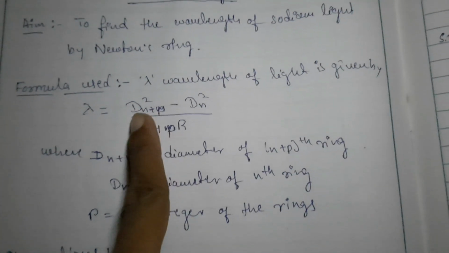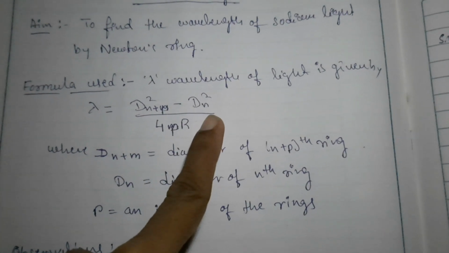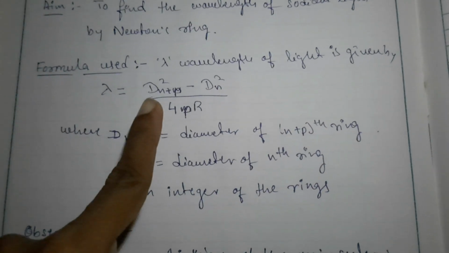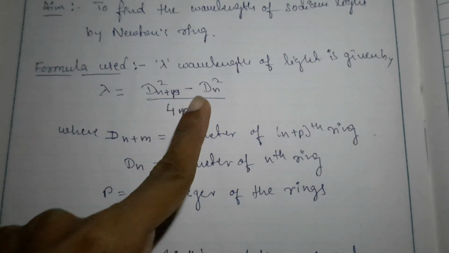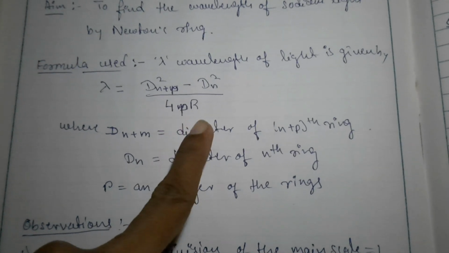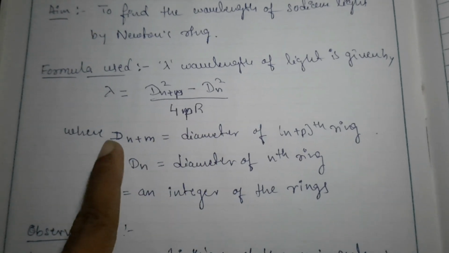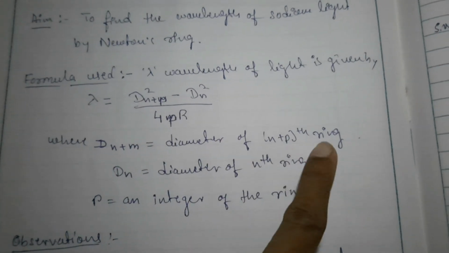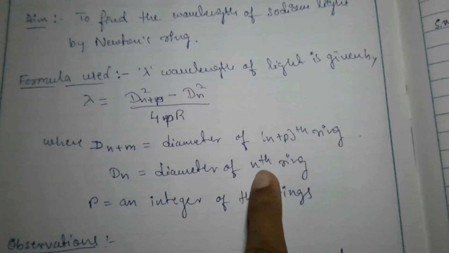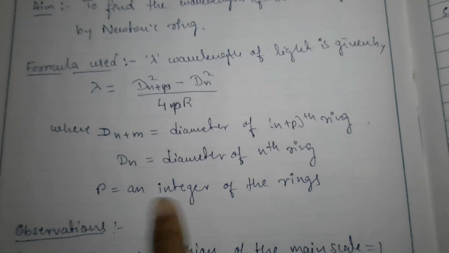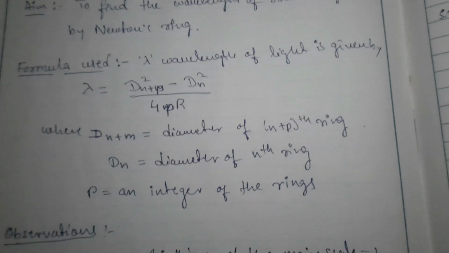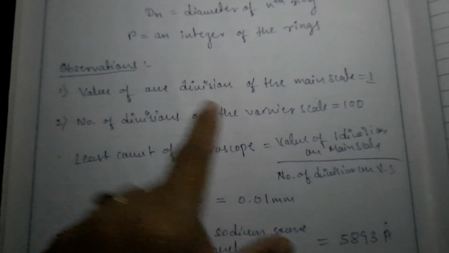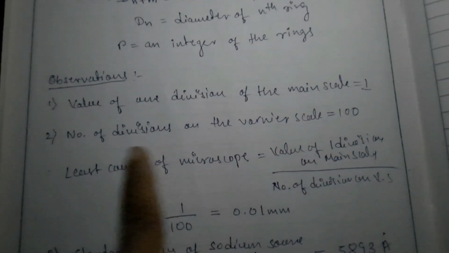So here is the formula to calculate the wavelength of the sodium source light. Lambda is equal to Dn+p square minus Dn square divided by 4pR. Here Dn+p is the diameter of the n plus pth ring, Dn is the diameter of the nth ring, and p is an integer of the ring. First we should note down the observation: value of one division on the main scale,